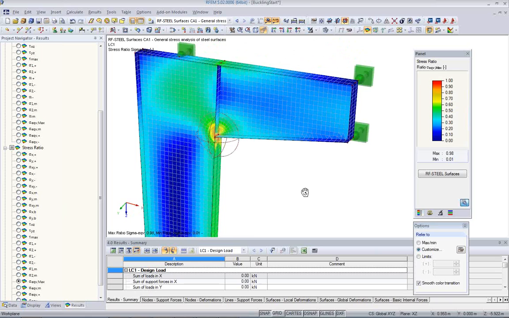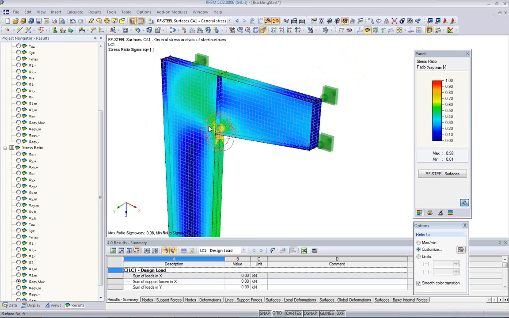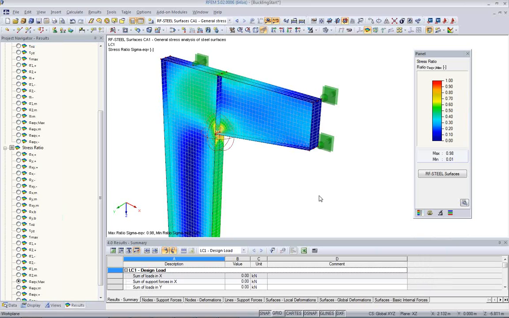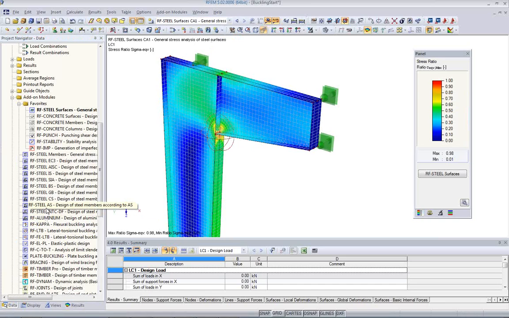Well, we haven't looked at stability yet. It's a very slender structure, and when we look at stresses, we have no check about buckling, about local buckling, flange buckling, web buckling. This is not checked. How can I do this? As I showed you in the introduction, we need to have an imperfection. We need to scale the imperfection to a certain way, and we need to have a certain shape of the imperfection. For this, I use the module RF stability to create shapes and to find out the critical buckling load